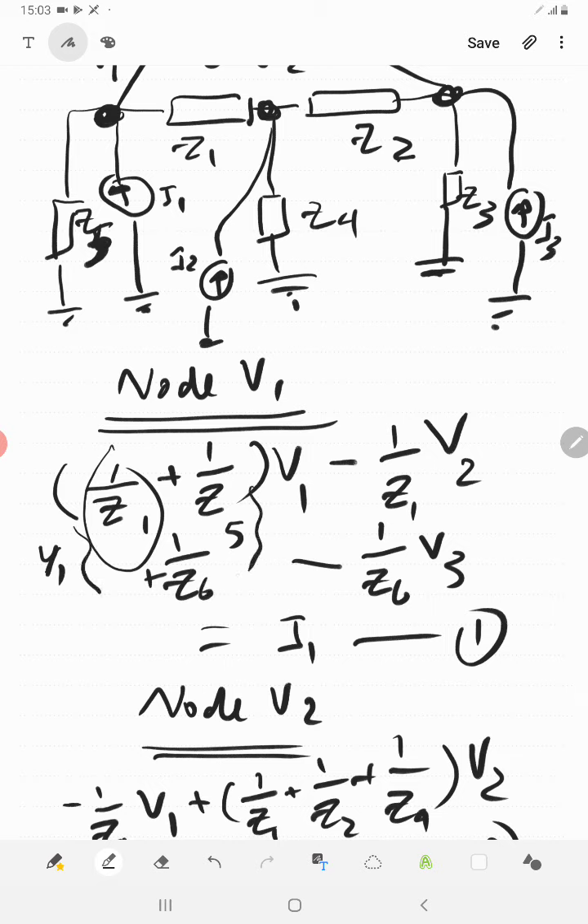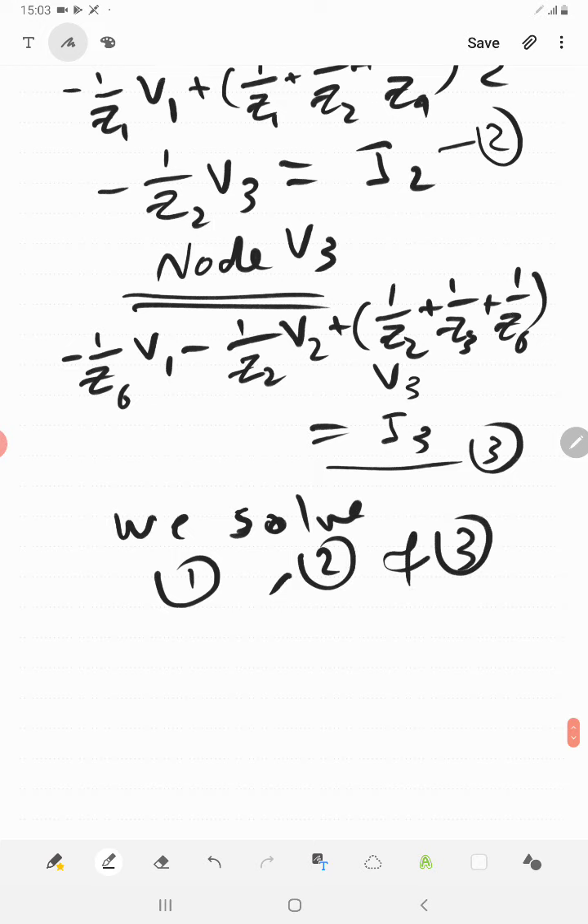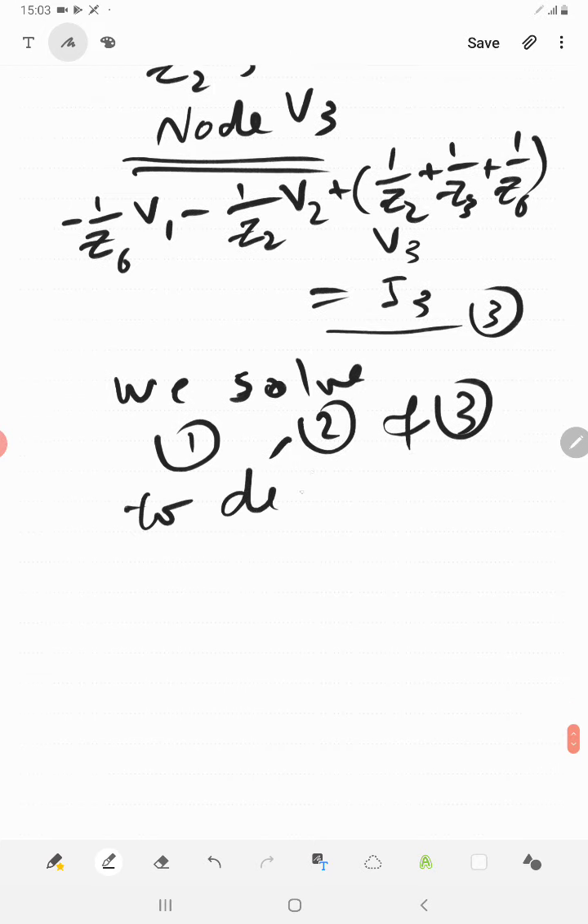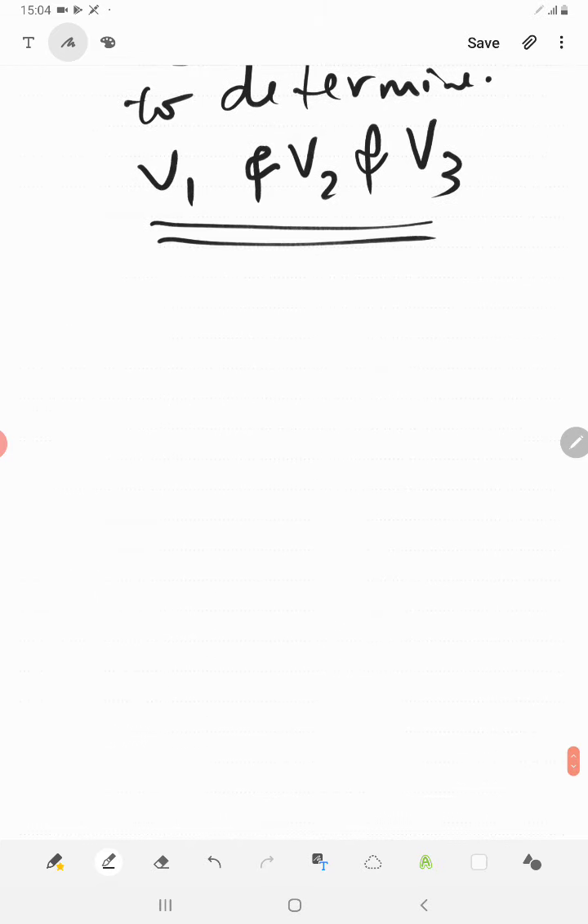Okay? So we solve equations 1, 2, and 3 to determine V1, V2, and V3. I want you to go and read the notes and the examples on this one, but keep in mind also always